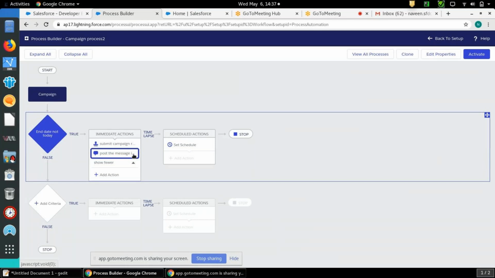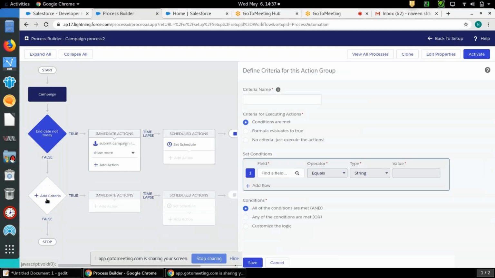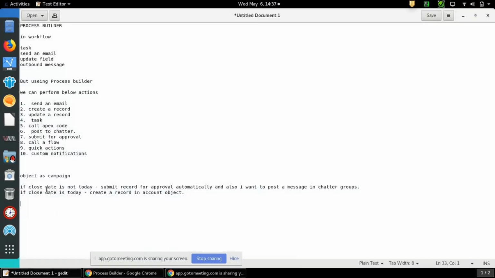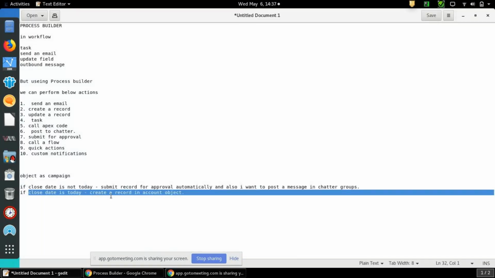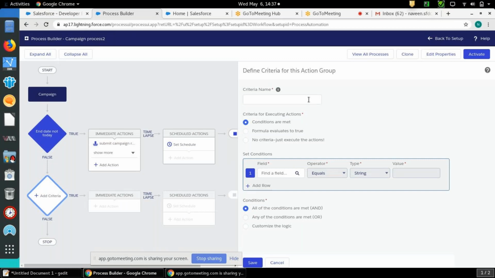Now one more criteria I will add. What is our second criteria? If close date is today, what do I have to do? I have to create a sample record in the account object. So I'm adding criteria like create sample account.